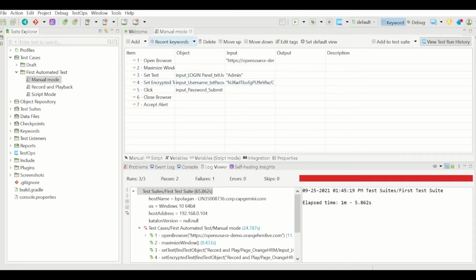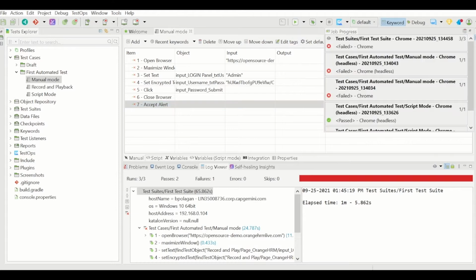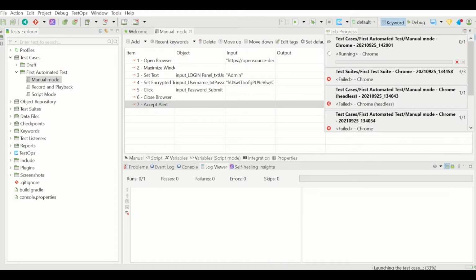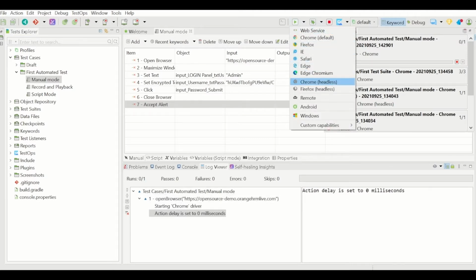So we'll take this test case, and this test case is expected to fail because there is a step which will validate an alert, but there is no alert. That means this test case will fail. All right, so now we'll execute in both UI mode and headless mode, and we'll understand that headless mode is actually working the same way as the GUI mode. So I'm running this test case in UI mode with Chrome as a browser. It is going to launch the application, and it is going to launch the browser. Now I am choosing the headless execution as well.